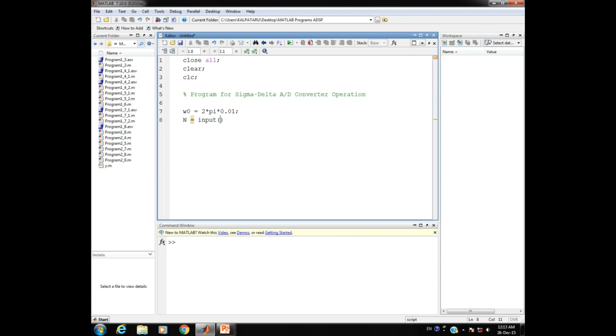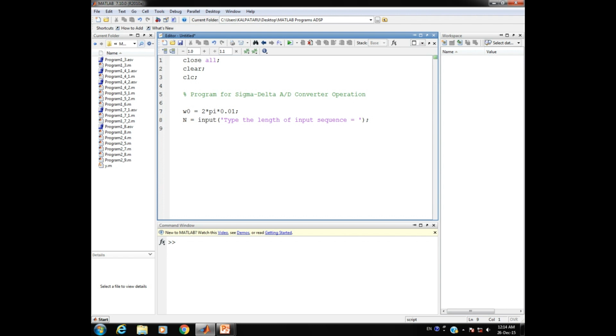After the input keyword and a pair of parentheses, inside there is a pair of single quotes, and I will be writing a statement here: type the length of input sequence, space, equal to sign, space, coming out of the bracket having a semicolon to end this particular syntax, and then to the next line here.